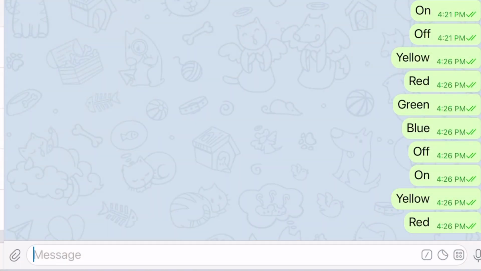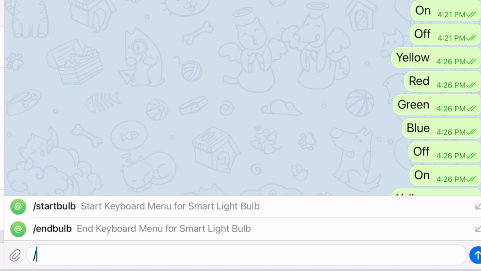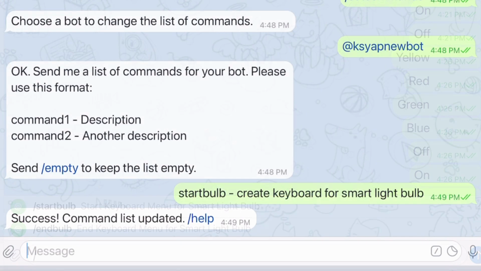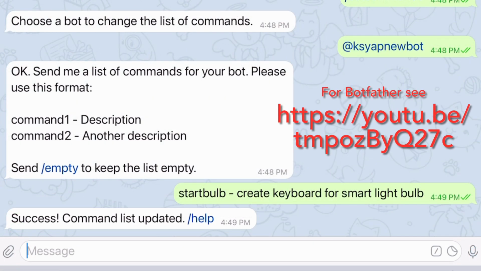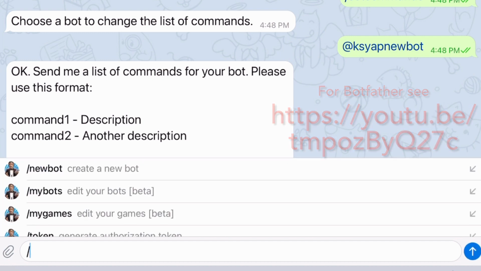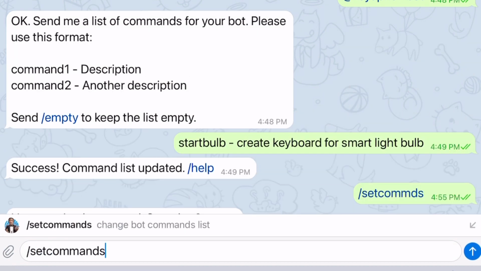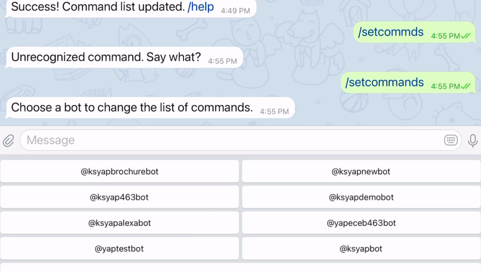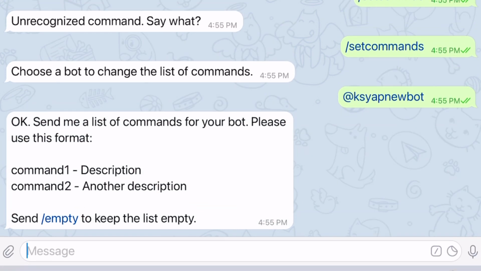Okay, lastly, you notice that I have an additional menu here, the icon for me to select, and the predefined commands came out. How do I do that? It is doable by talking to the BotFather. To set predefined commands, we need to talk to BotFather. Please see my previous video if you do not know what is BotFather and what is a function. So let's set commands, okay, and then select the bot. From the selection of the bot, we now have the option to set the commands or to empty all the commands. For example,